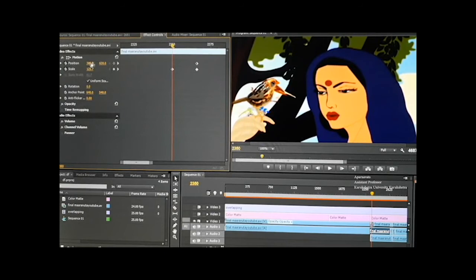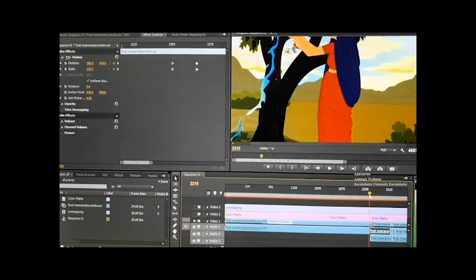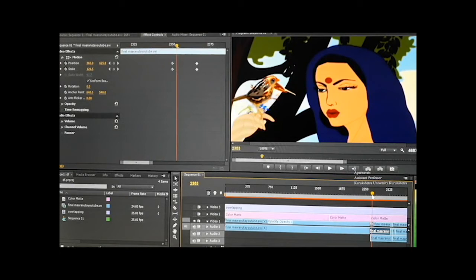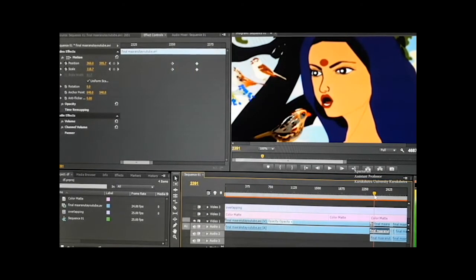Zoom, reduce and position here. And now see, this is the same scene, but I am cutting and extending my same scene from different viewpoints.